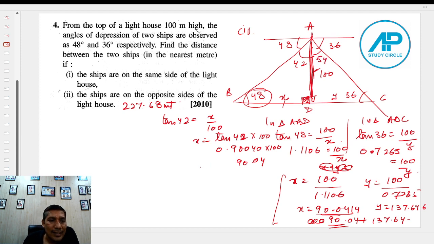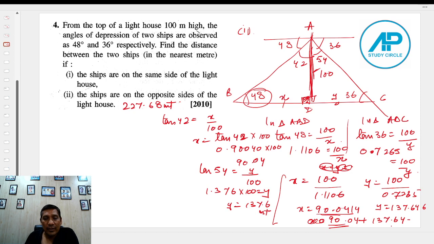If you use tan 54 equals perpendicular upon base, you get y upon 100. So what is tan 54? It is 1.376. Into 100, y equals 137.6 meters, and if the value is correct, when you add these two values you get the same answer of